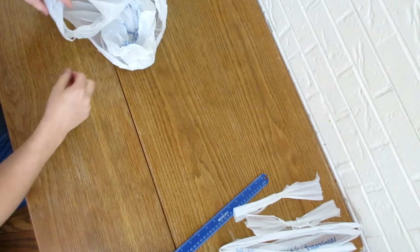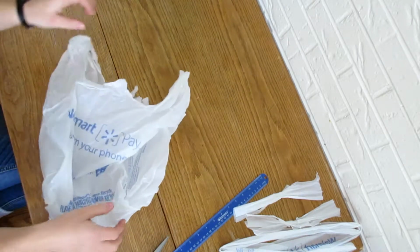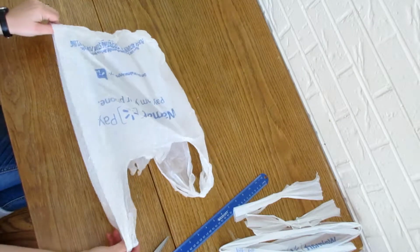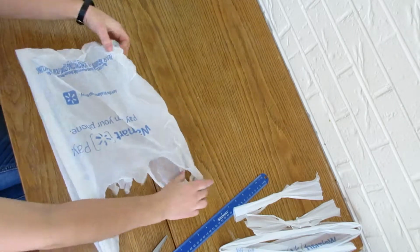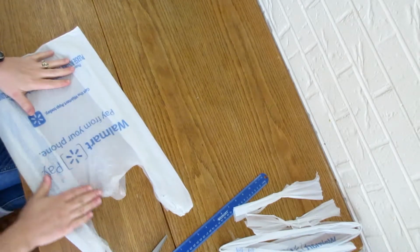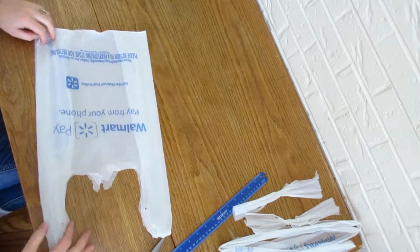Alright, so we're gonna make some Plarn. We have a grocery bag, and it helps to use all the same type, at least in one line at a time, so that the width and the weight of the bag is the same. We're going to go ahead and pull that, flatten it,